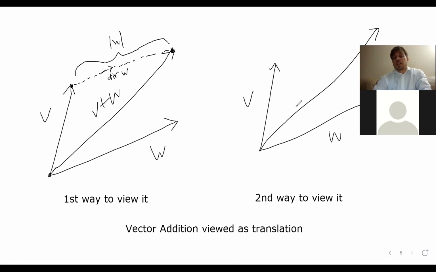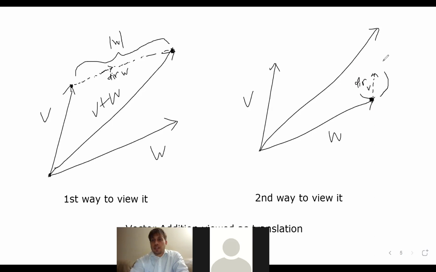Then if you start at the terminal point of W and you move in the direction of V, this is the direction of V, right? But then if you go along the direction of V, the length of V, which I'm using this absolute value sign to denote, from the terminal point of W you go in the direction of V for length V, then you end up